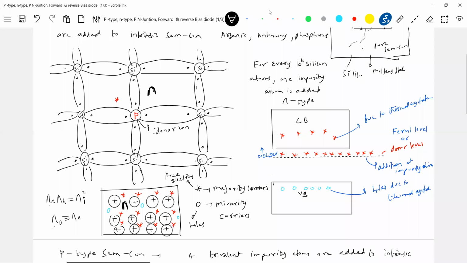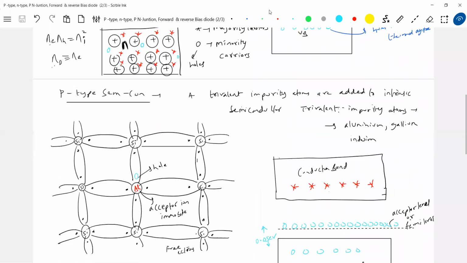Now, is it mobile? No, it's also immobile. It cannot move. Why can't it move? The adjacent silicon atoms will not permit. So they are fixed in the semiconductor crystal structure. Only due to a rise in temperature can they have thermal agitation, meaning they can vibrate about their mean position. That's all. So shall I call it an immobile ion? It is an immobile donor ion, an immobile acceptor ion.